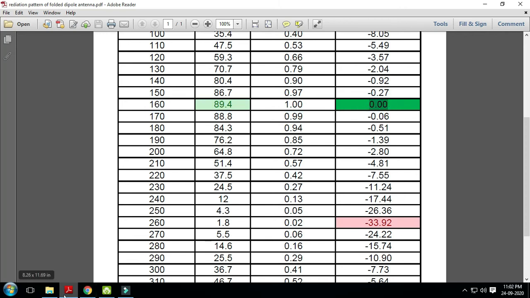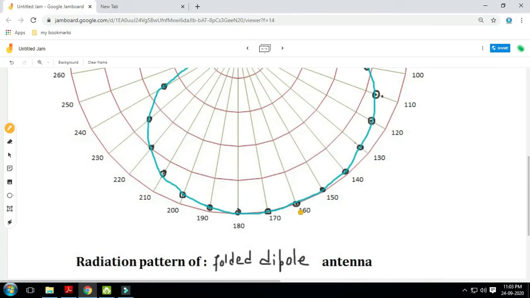So that was our maximum power. Now come to 160 degree and from here go 3 dB down. How do we know 3 dB down? Just remember that this outside circle is for 0 dB and the second, this red circle, is for minus 7 dB. So between that we have a minus 3.5 dB division. So near to that is the 3 dB division. So this is your 3 dB down